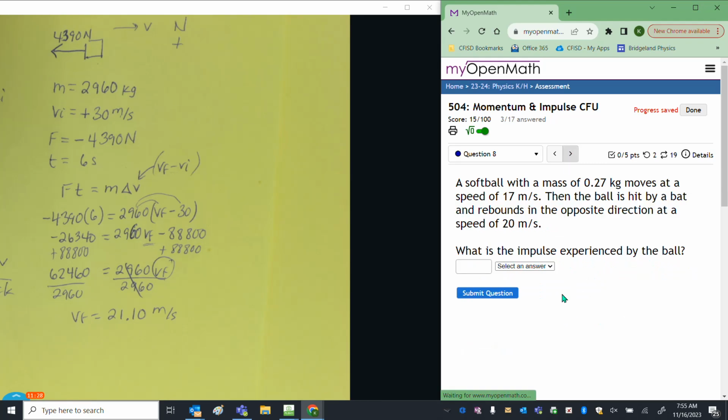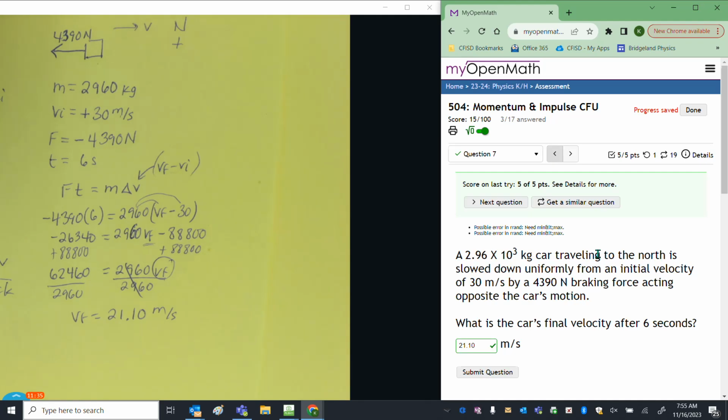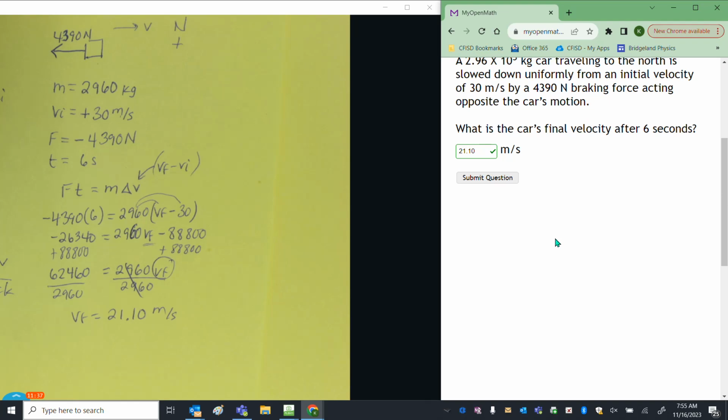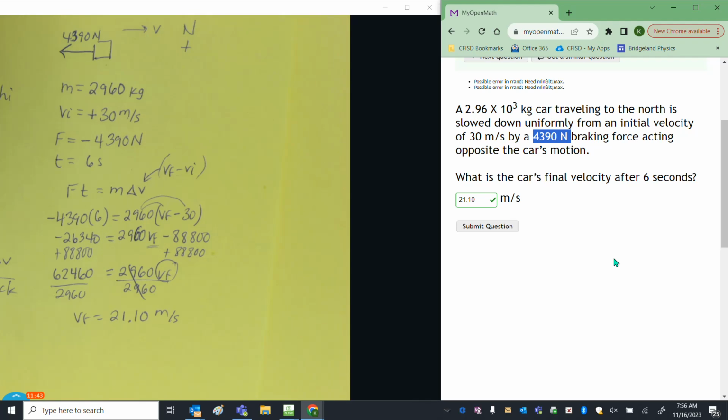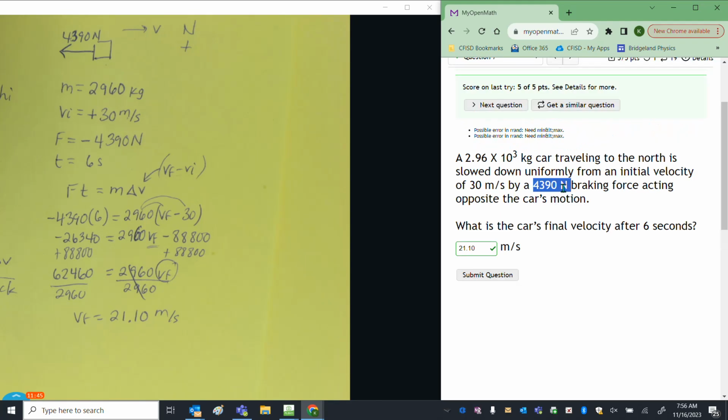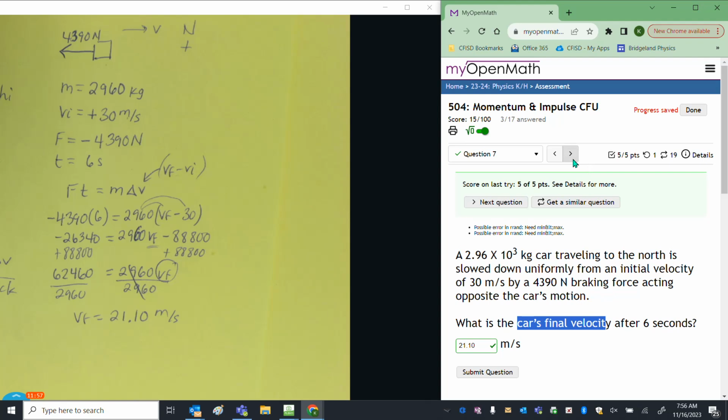Number 8 is another one that some people are having trouble with. Oh, before I go on though, does anybody have a question about number 7? Again, the thing you need to make sure of is that you get your signs correct. If you missed it, that's probably why. You probably forgot to put a negative sign in front of that force, or maybe you didn't know what to do with your change in velocity when you found it and got a negative number there. I don't know. Or maybe you tried to put that here. You need to make sure you solve for the actual question, final velocity, not the change.